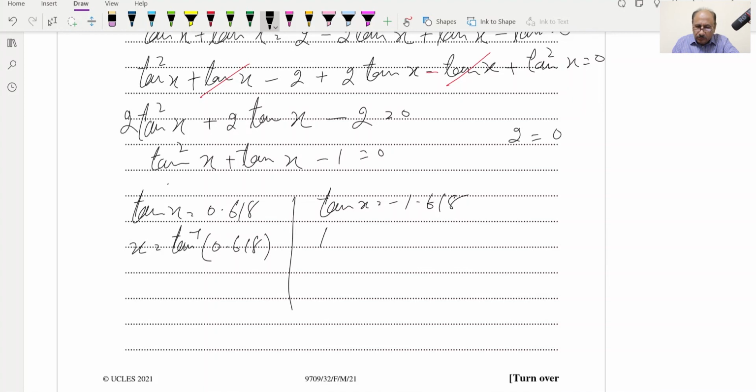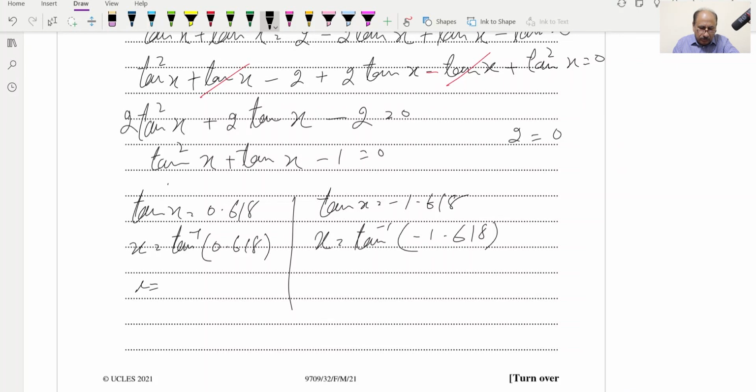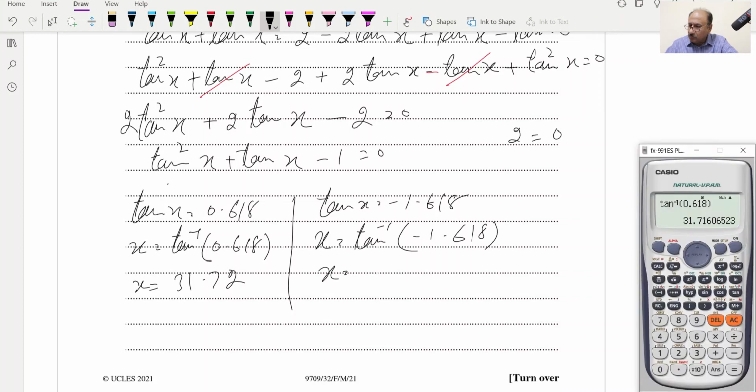Can make a line. So this value will be x is equal to tan inverse of minus 1.618, and this one we can check the angle. So this will be shift tan of 0.618, and this will be equal to 31.72. So x is equal to 31.72, and this side x will be equal to, we can take this one as